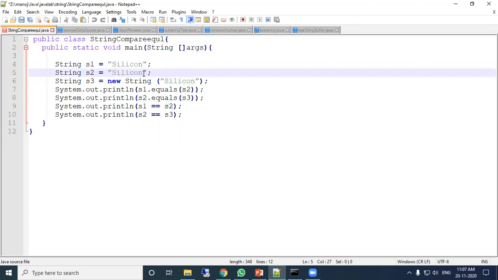It will not reserve any new location. But here S3 equal to new String silicon. Now for S3 it is reserving the space and the silicon content will be stored there. Now see here S1 equals S2, it returns true. S2 equals S3, it returns